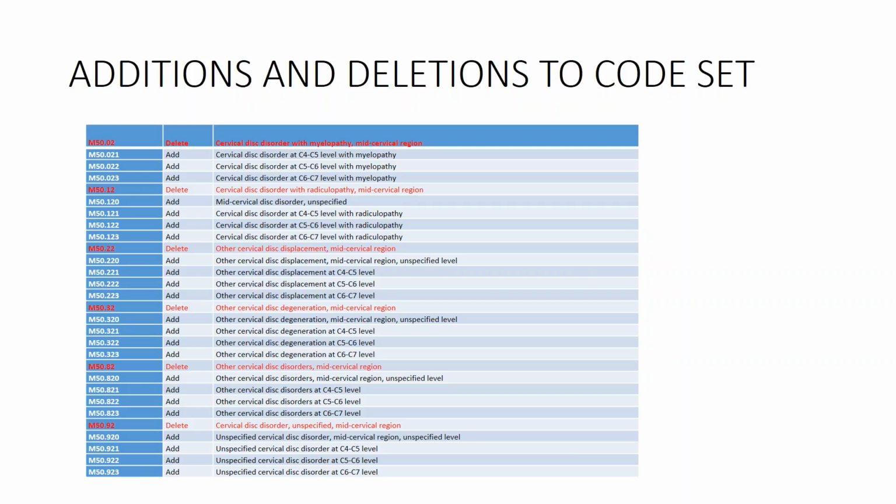Now, can you use the unspecified level? It is a billable code. However, if you use that code, more than likely you are going to be flagged for additional notes and documentation to specify the actual region or the actual vertebral level of the spine where that disc degeneration is taking place. So not only do your diagnosis codes need to be more specific, but your documentation will need to be more specific,